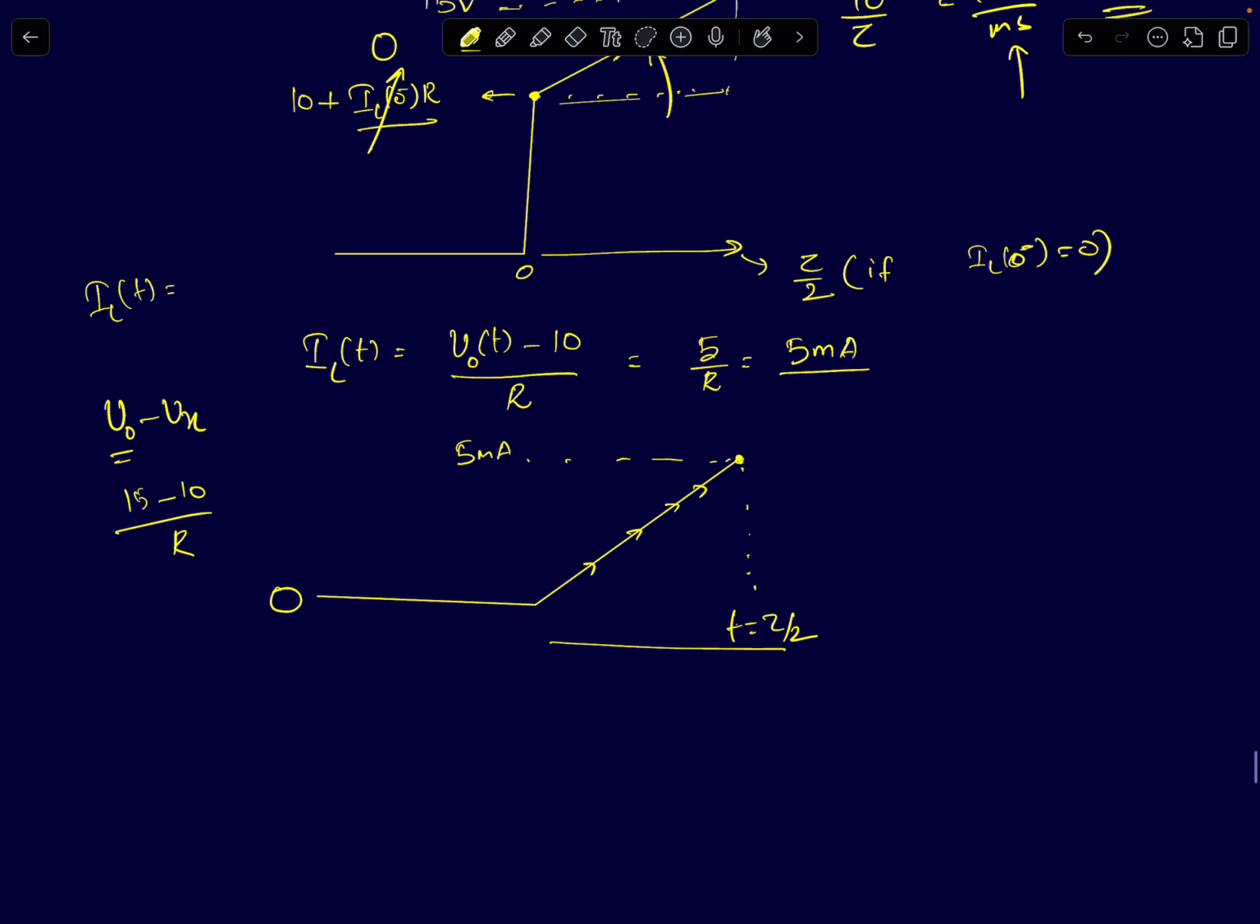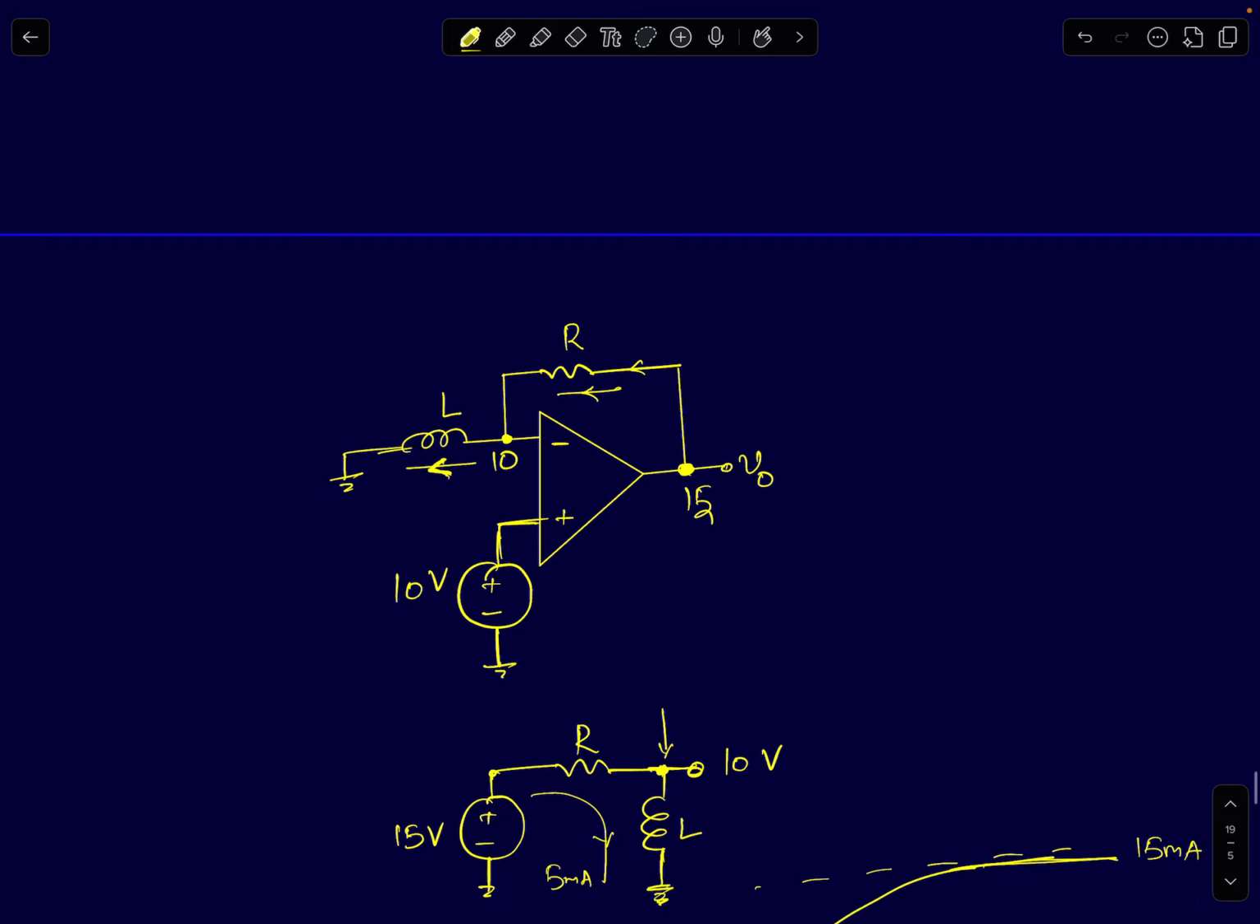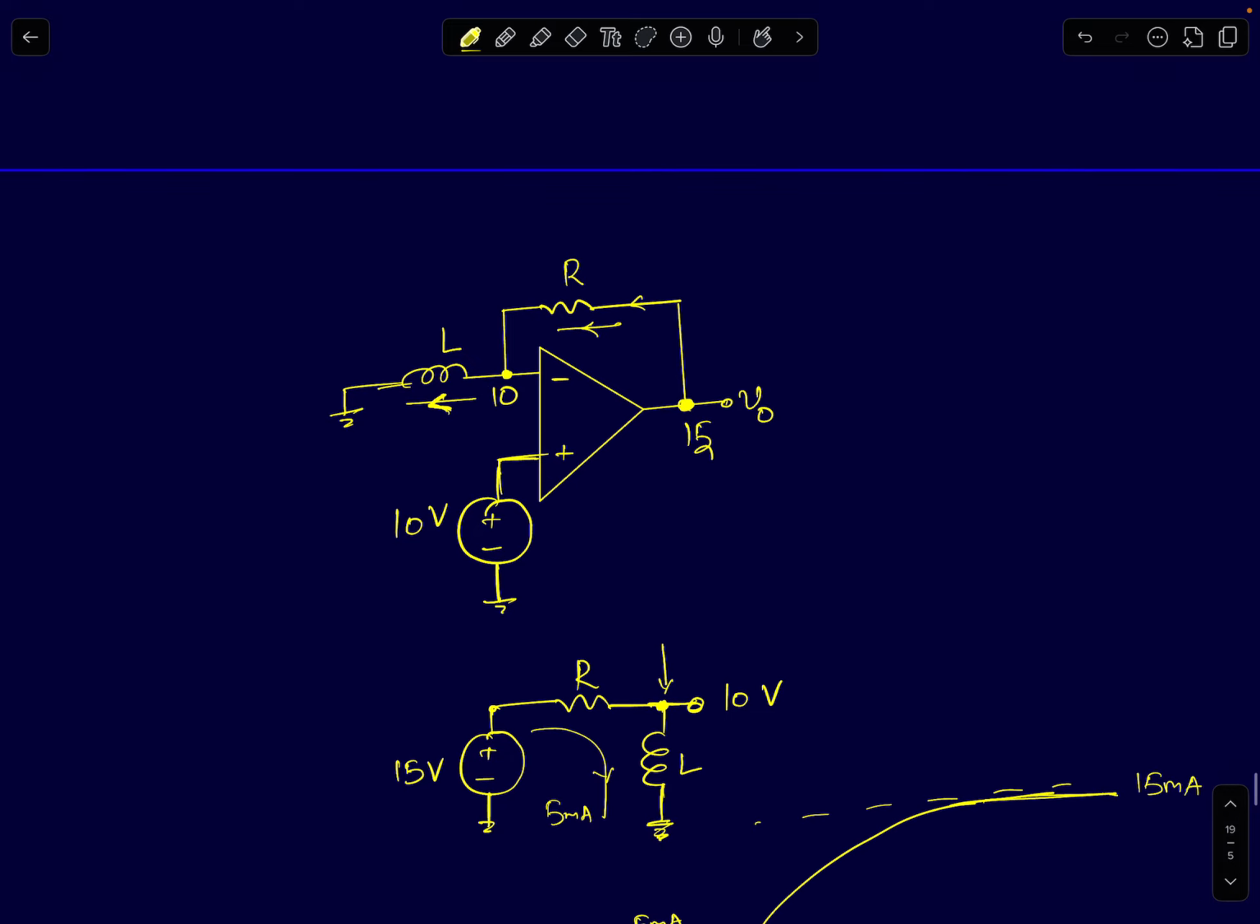The node voltage Vx remains constant. It was initially 0. When the step event happened, it jumped to 10 volts and it is remaining constant at 10 volts till tau by 2 seconds. Now once you reach tau by 2 seconds, after that the circuit will enter open loop mode, because your op-amp's